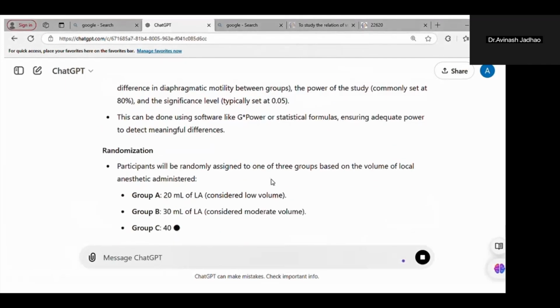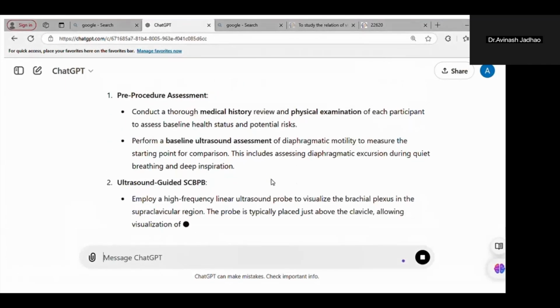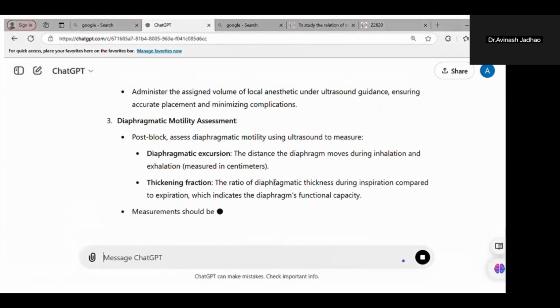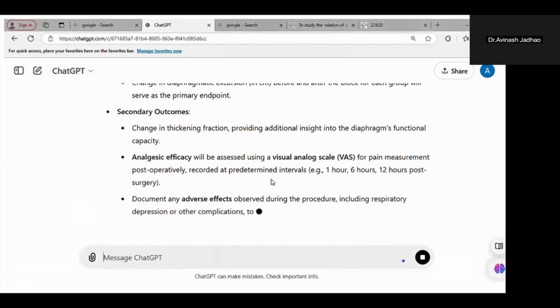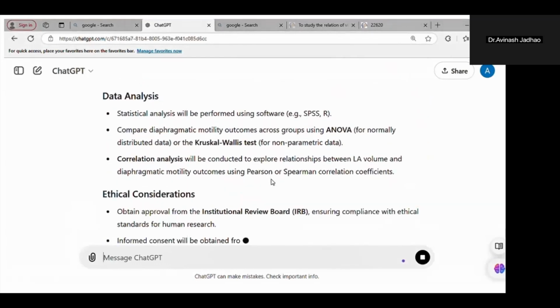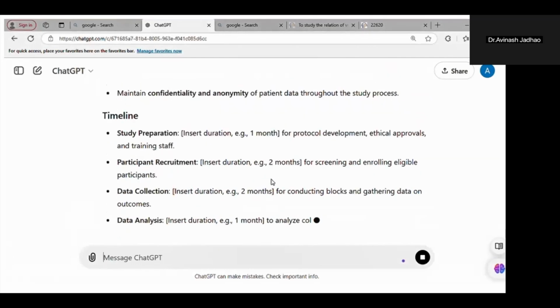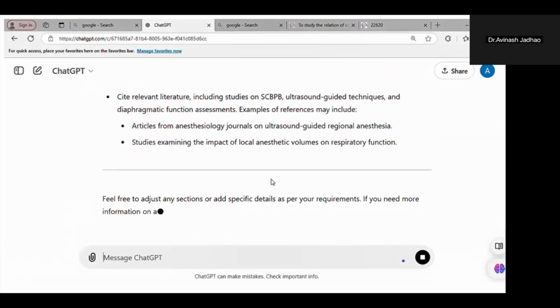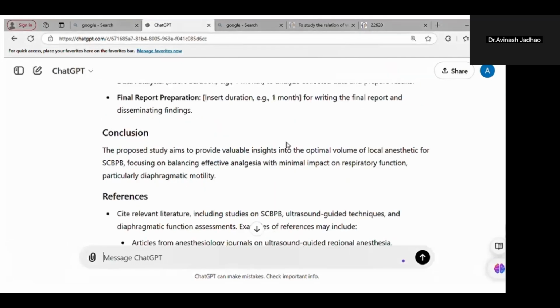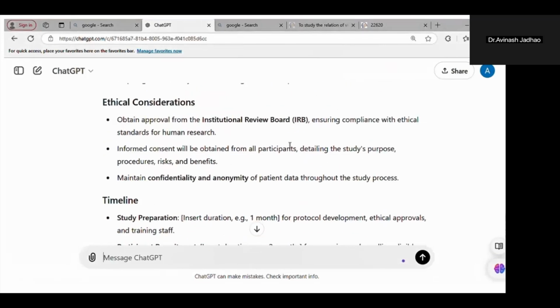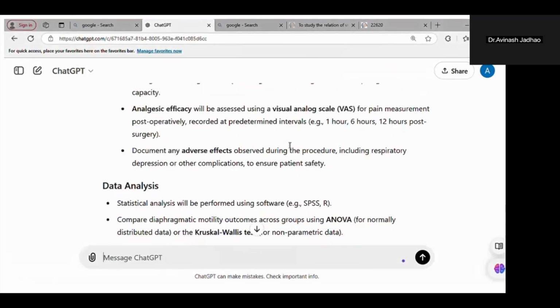You can give a command according to your requirement. So here this is the protocol for ethics committee approval.